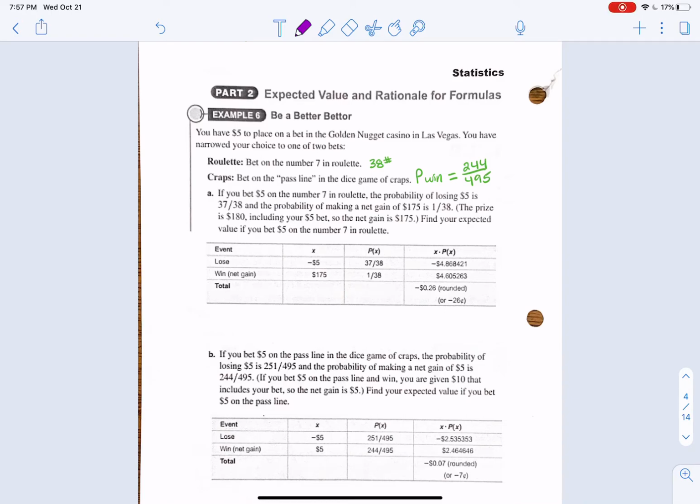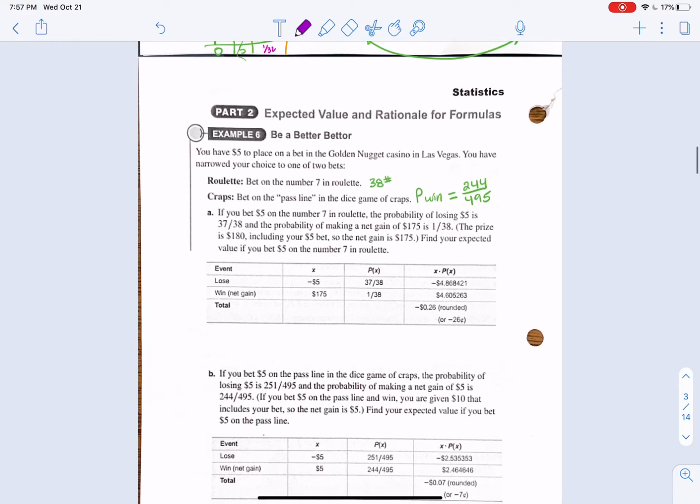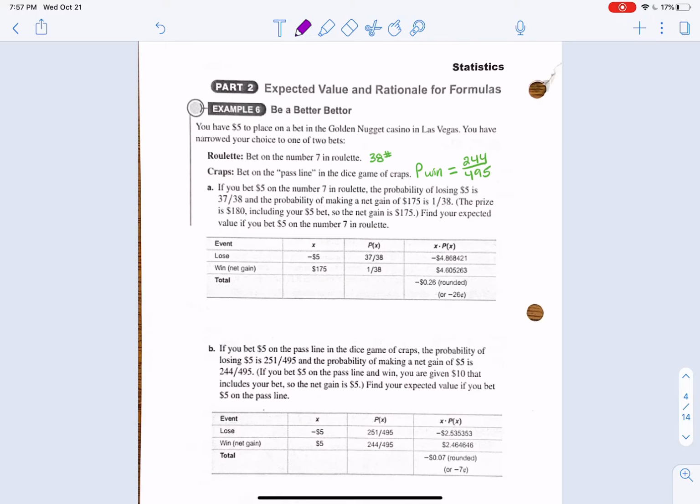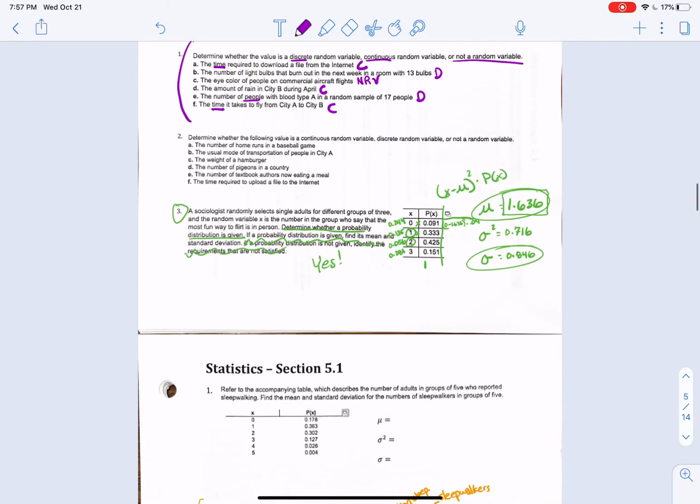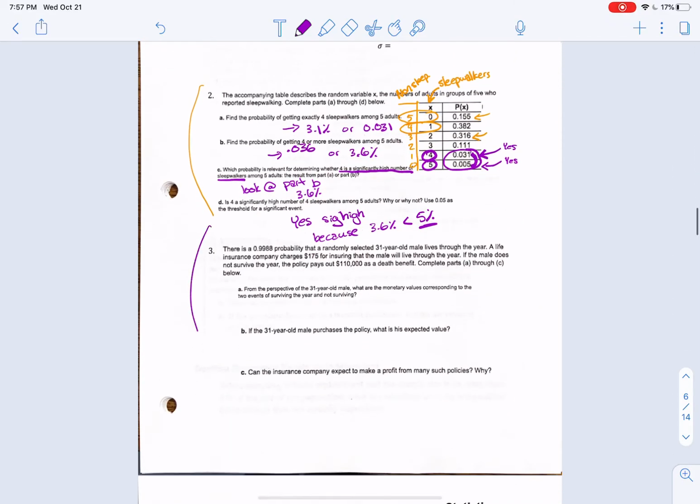Okay, stats, this is the last and the third and hopefully shortest section of 5-1 notes. I have a third part assigned to you for homework up on the online homework page. So this is part 2. There's one example that we're going to go through here, and then we are going to go through this last example here, and that should be about it.